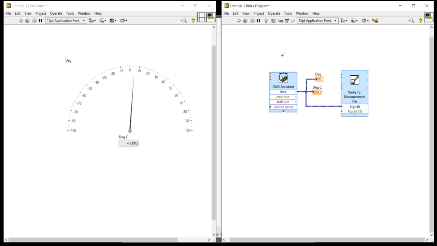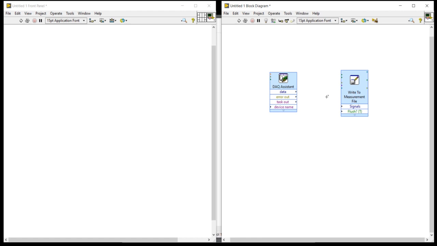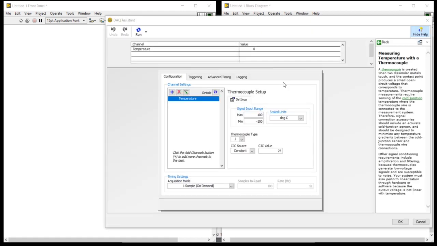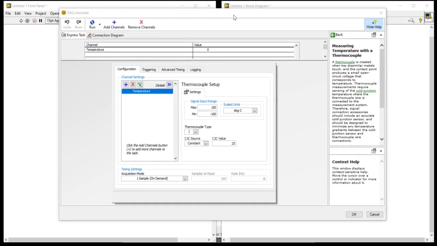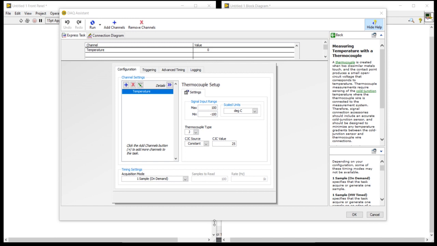Let's try to write a program for one channel, n sample. Here I am going to delete only these portions. Again, double click and open this DAQ assistant.